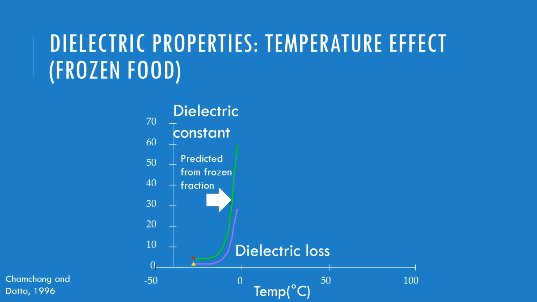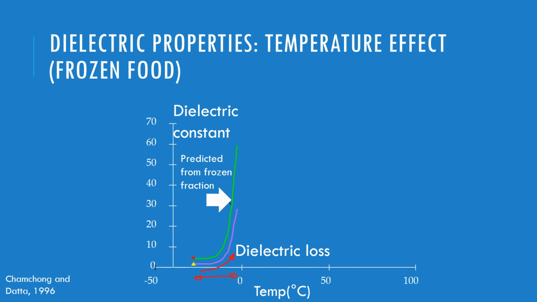In this range of phase change, as the material thaws, going from ice to water, ice absorbs very little microwaves, and water is very microwave absorbing. So you can see tremendous increase in both dielectric constant and dielectric loss as it approaches a thawed state. Now this has major implication in a thawing process, as already discussed a few slides ago in this video, but